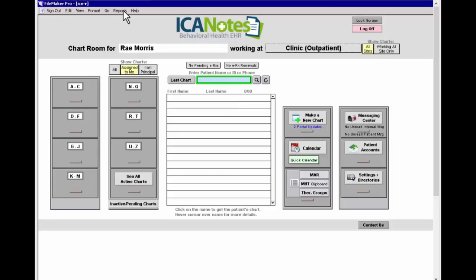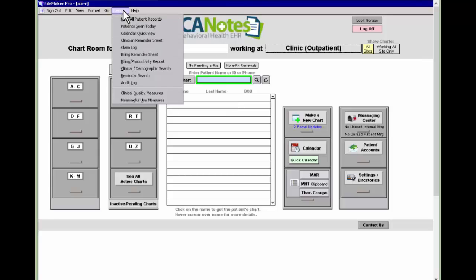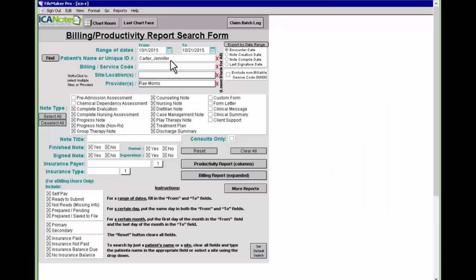To do so, go to the Reports menu at the top of the screen and select Billing Productivity Report. This will bring you to the search form so you can fill out the criteria to capture the claims that you wish to bill. First, start with the date range. Select a range of dates for which you want to capture the claims, and this is related to date of